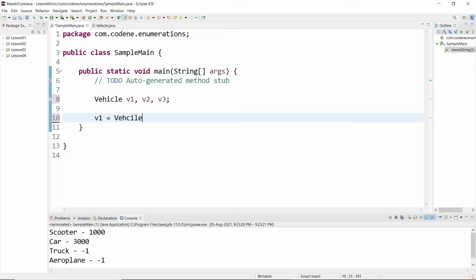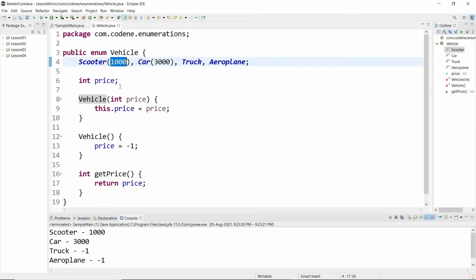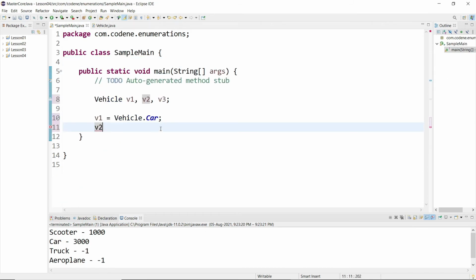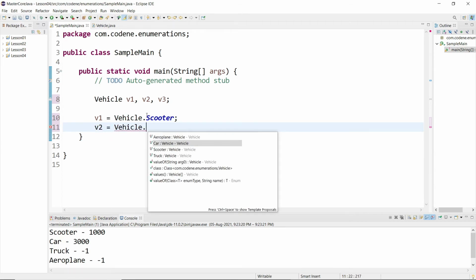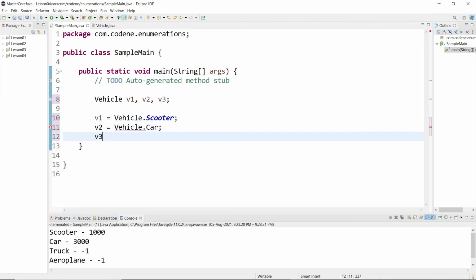Then I will assign, what was our first vehicle? It was scooter, right? I will assign scooter so that it's easier for us to remember. Then V2 will be Vehicle.CAR, then V3 will be Vehicle.TRUCK, I think, yeah.